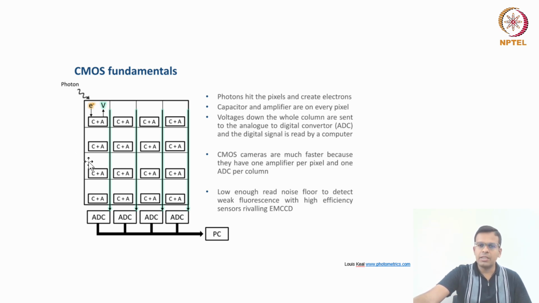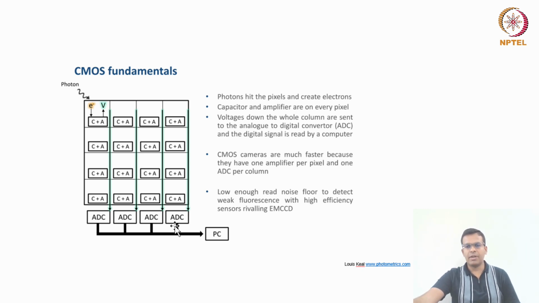Generally in EMCCD and other CCD cameras there is only one ADC, whereas here there are four ADCs, meaning one ADC per lane, so that the processing will be faster and all four ADCs will send the signal to the PC. So multiple collecting beams are there, and because of that the image processing is faster, and that's why the sCMOS cameras are used for fast imaging applications. EMCCD cameras are used for low light imaging applications, whereas CMOS cameras are used for fast imaging applications.